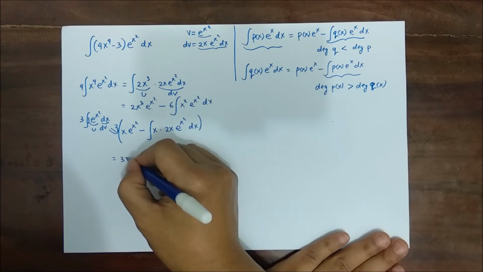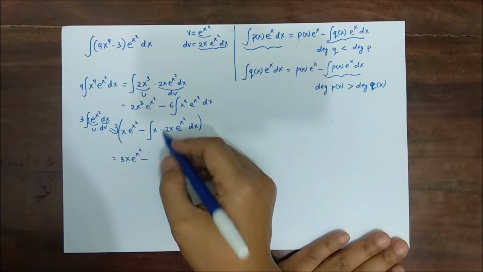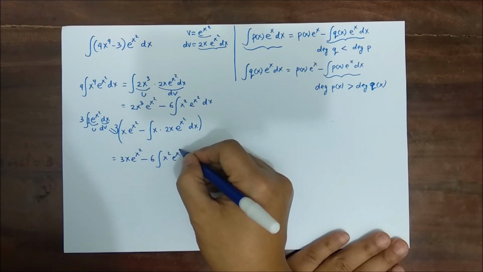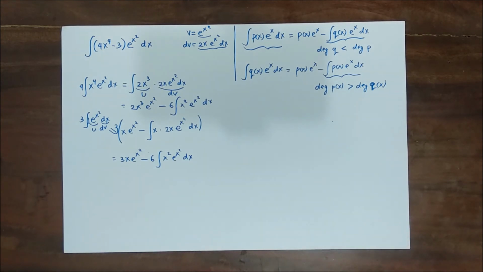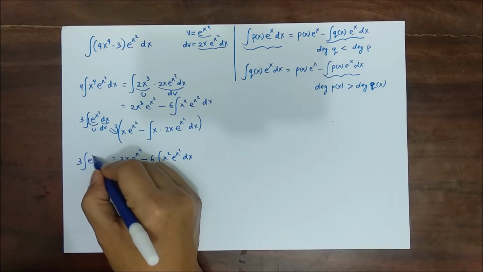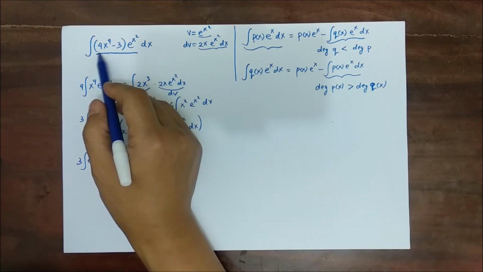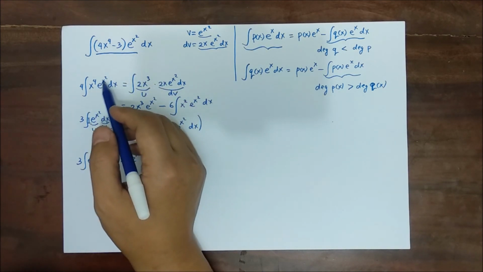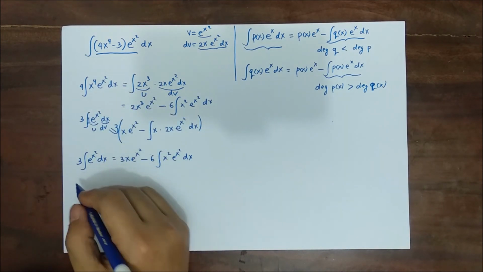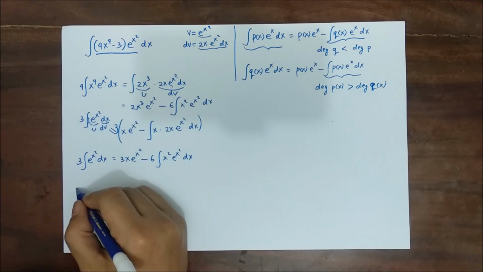Which is 3x e to the power x squared minus 3 times 2, 6x squared e to the power x squared dx. Okay, so let's write this down as the integral of 3 e to the x squared dx. Remember, that's the original problem. In order to get this expression, we can do that by subtracting this thing from that thing. Okay, so by subtracting the second equation from the first one, we have